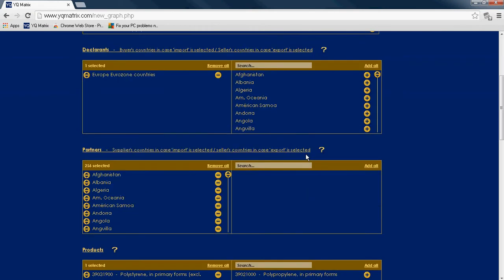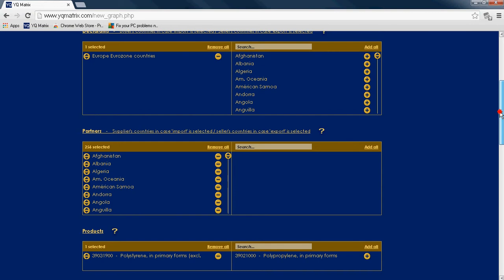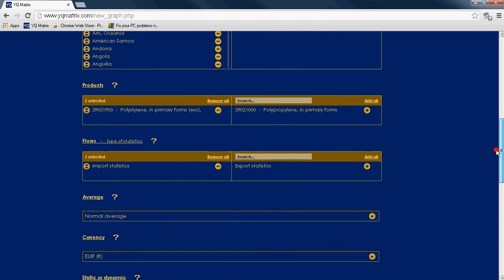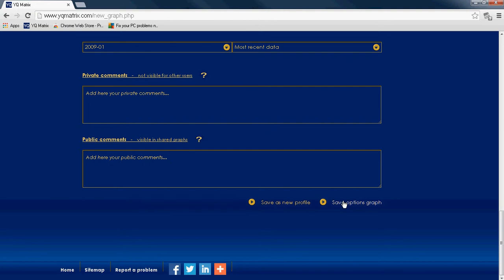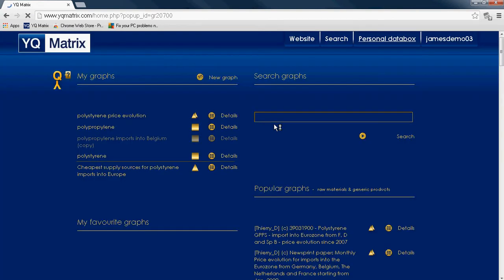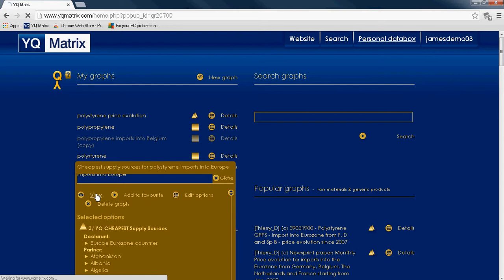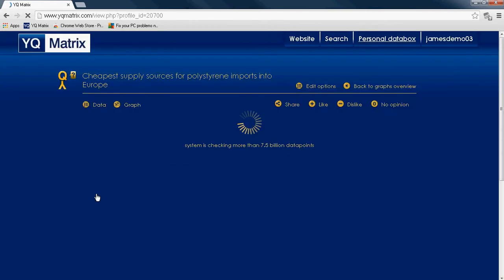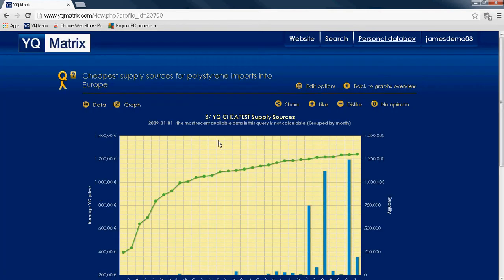Actually, we have here selected all the partners. The system will select itself basically the top 20 cheapest countries out of the 256 available. In this case, polystyrene is already there. And then I say save option graph. Click to save anyway. Basically, you see in no time the cheapest countries that are actually importing the products into